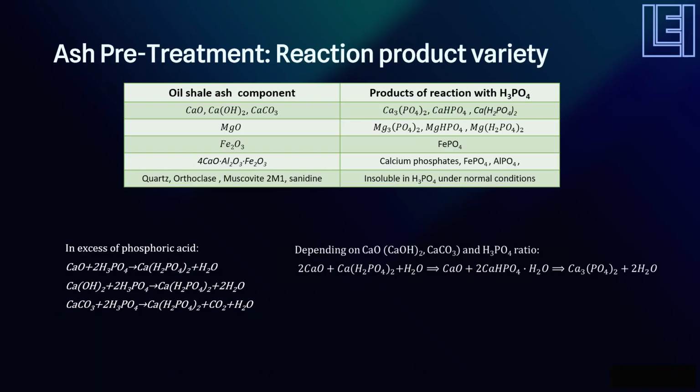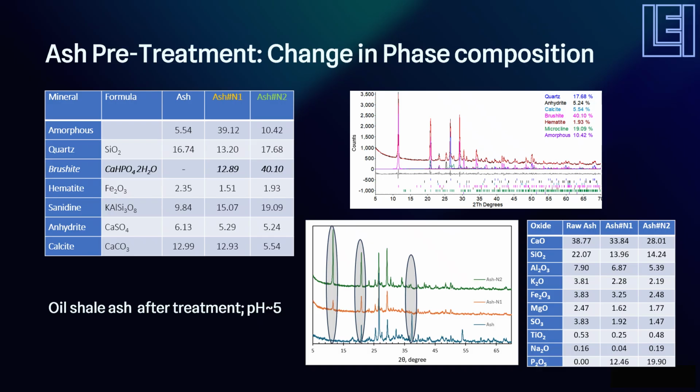The mineral composition of the ash indicates its limited application for acid-based geopolymers without additional pretreatment due to CO2 gas generation and temperature increase. Therefore, based on theoretical calculation, a pretreatment step with two mild acidic solutions was incorporated. We used two acid solutions with nearly 8 and 12% concentration. The ash treated with the mildest solution was denoted as ash 1, while that with the stronger solution as ash 2.